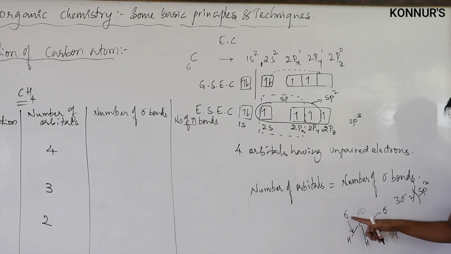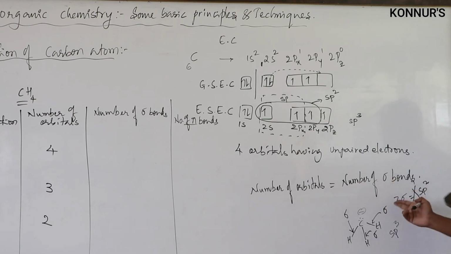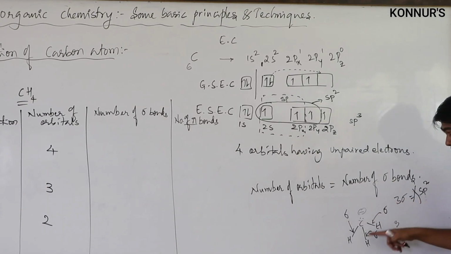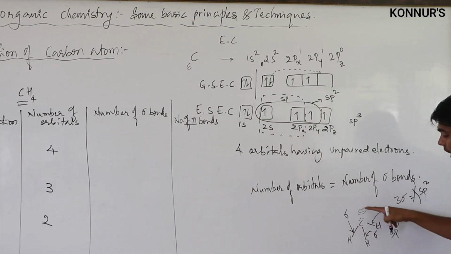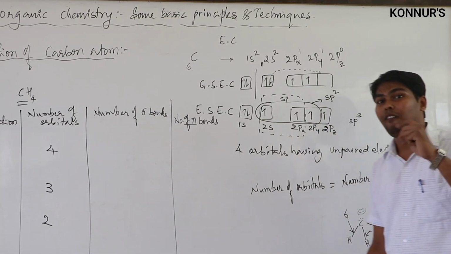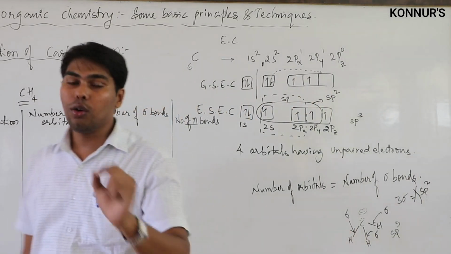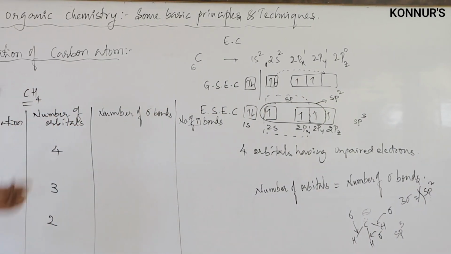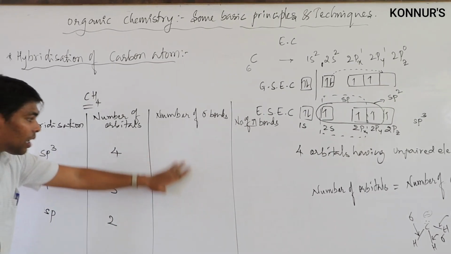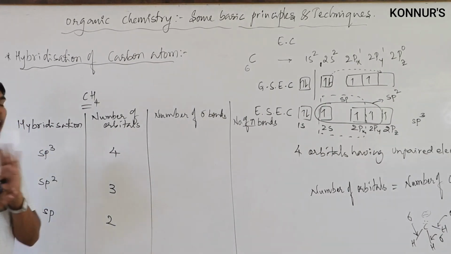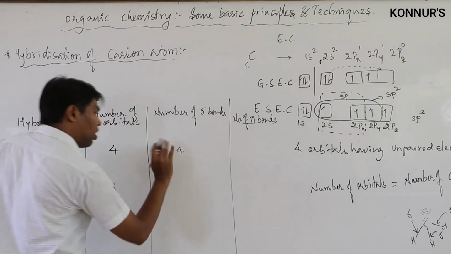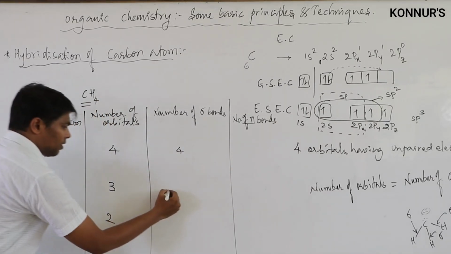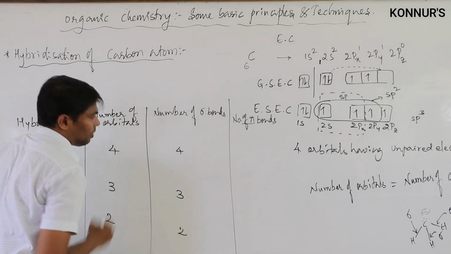Some people say, sir, as you told, the number of orbitals is equal to the number of sigma bonds, but here sigma bonds are 3 and orbitals are 4. This is the exception. I would like to call this the methyl carbanion. So carbanions have one extra orbital. We should include one extra orbital for that. Okay, fine. So the number of sigma bonds, that is the exception. But here I am talking only about complete molecules, not a carbocation or carbanion. Since 4 orbitals are there, all 4 act as sigma bonds. 3 sigma bonds, 2 sigma bonds.